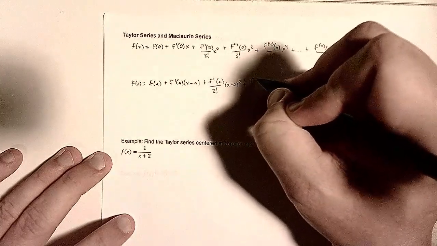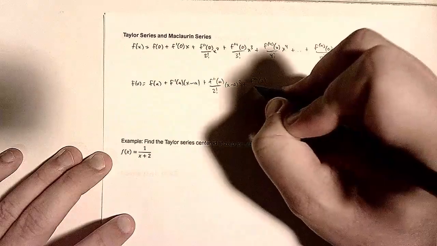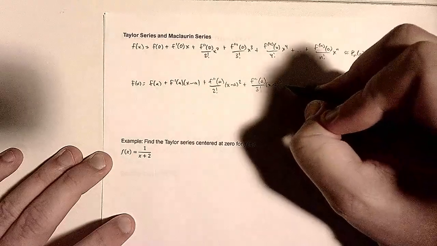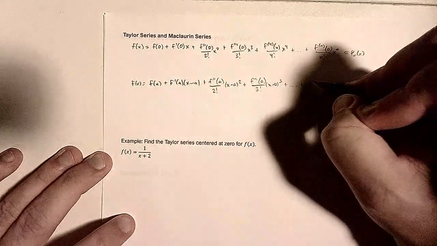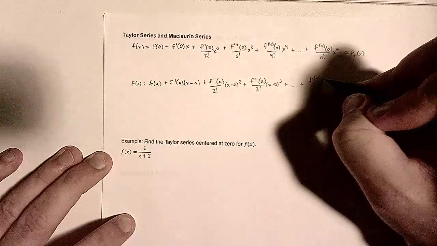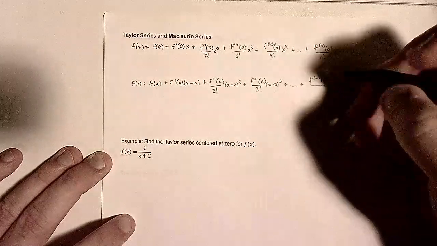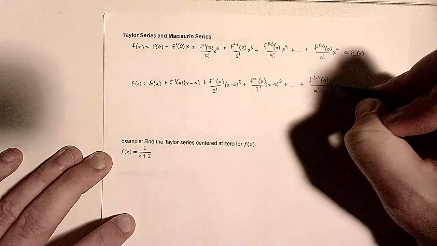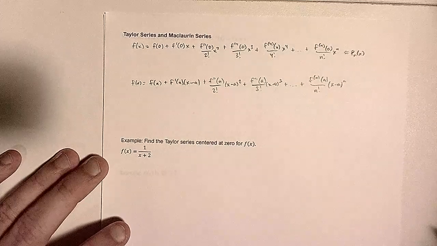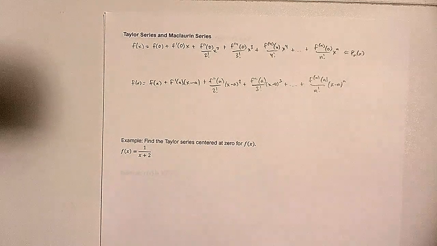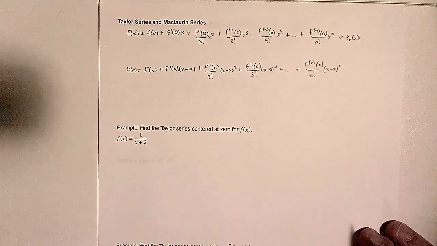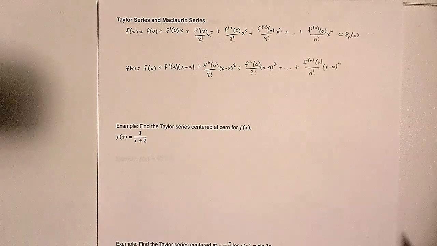And if we just continue that pattern, we can continue that out until we've decided we've had enough terms in our polynomial. That should be an n, x to the n power. And that's the definition of our Taylor series, and centered at 0, that's our Maclaurin series. So let's do an example here. We're going to find the Taylor series centered at x equals 0 for f of x, which is 1 over